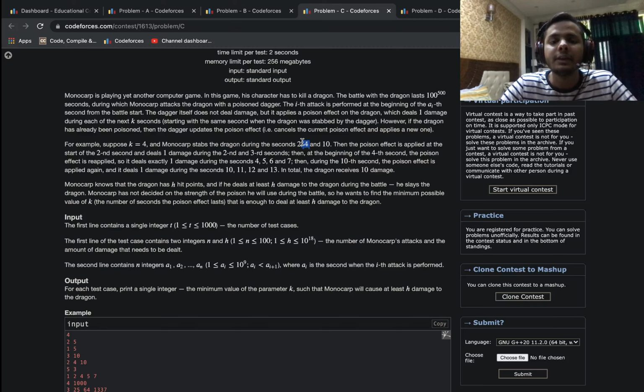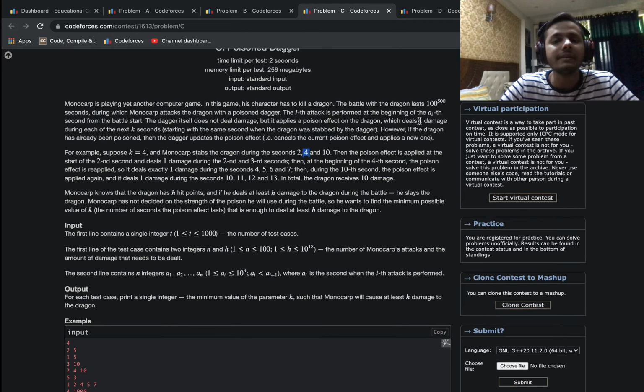But since there is a new attack starting at t equals 4, the previous attack will be discarded, and the new attack will start at t equals 4 and last for 4 seconds, so it ends at t equals 7. Then at t equals 8 and 9 there will be no attack, and at t equals 10 the last attack will start, which will again last for 4 seconds.